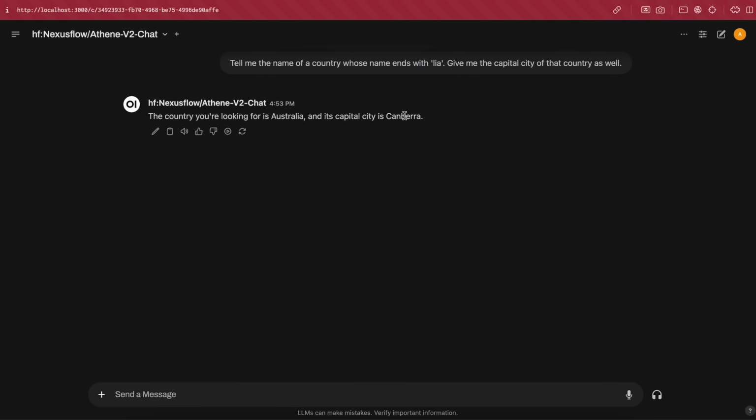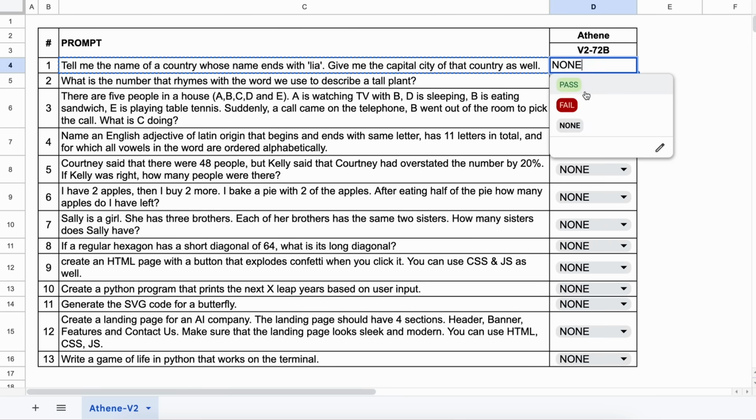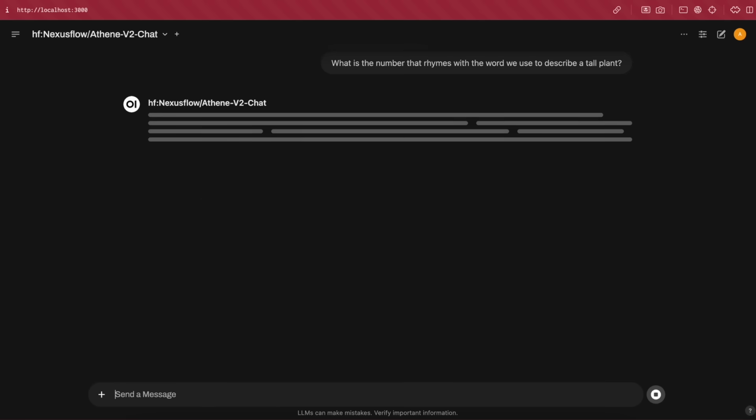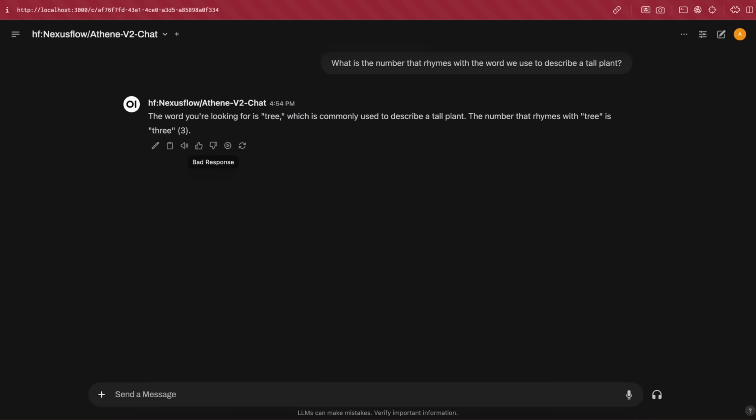Here's the answer, and it's correct. So, let's mark it as a pass. Now, the next question is, what is the number that rhymes with the word we use to describe a tall plant? The answer should be 3 because it rhymes with tree. Let's send it and check. Okay, here's the answer, and it's correct. So, let's mark it as a